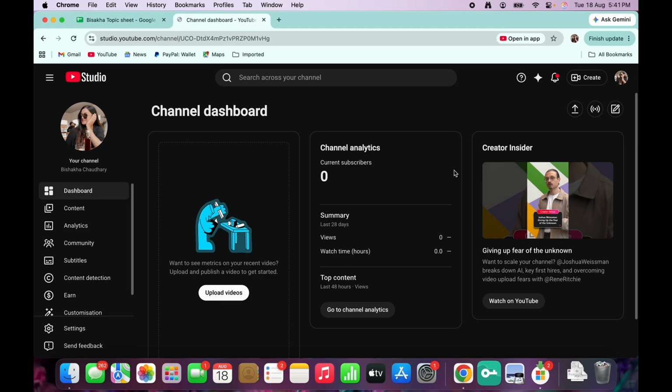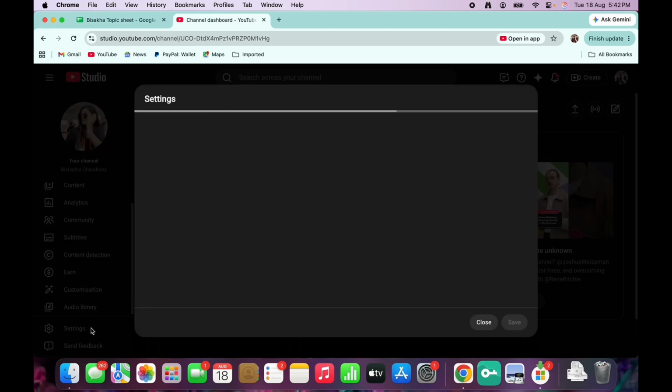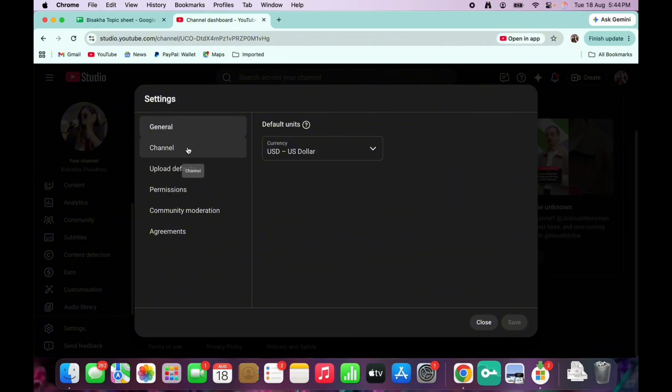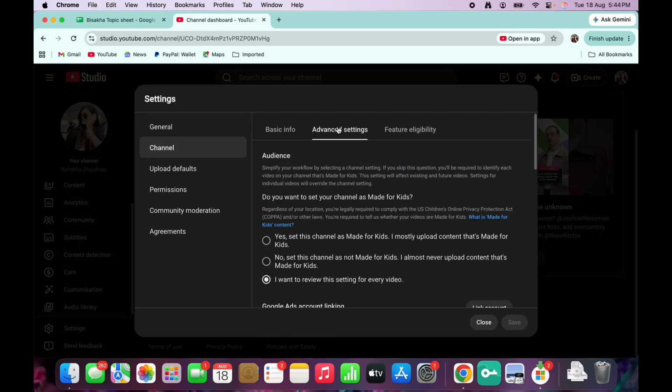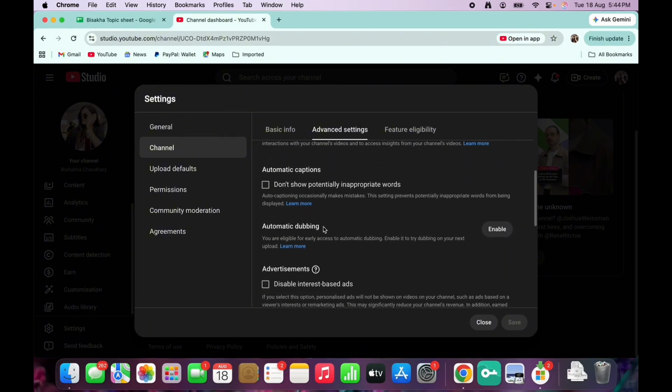Now, once you are in YouTube Studio, scroll down and tap on the settings option you see there on the bottom left. And then tap on the channel option you see there. Now, tap on the advanced settings option, and now if you scroll down, you will see the option for automatic